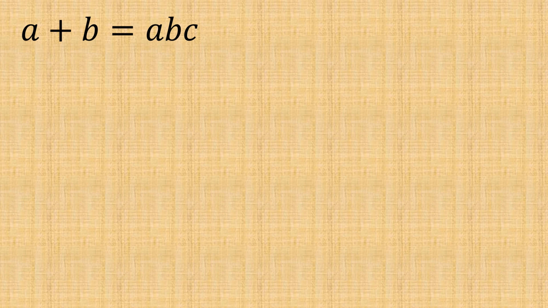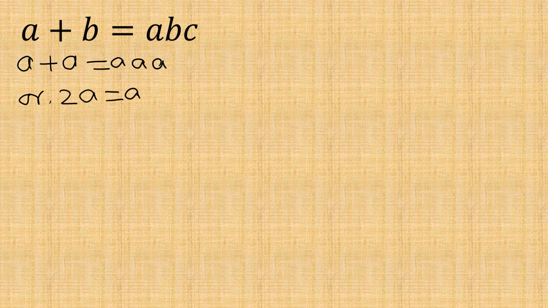And since A equal to B equal to C, we can replace B and C by A, and then we get A plus A is equal to A into A into A, or 2A is equal to A cube,